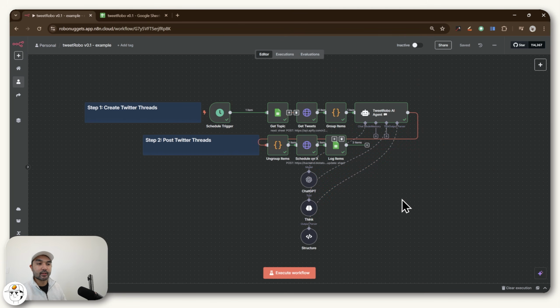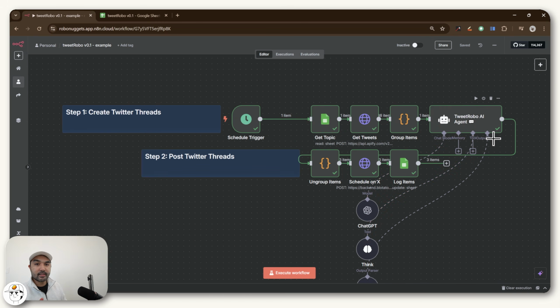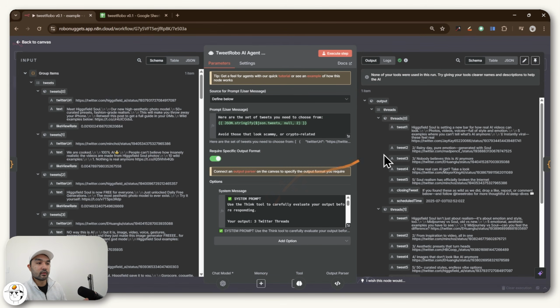Okay, so that run has completed. So what we'll do is we'll just open each one of these so you can understand the principles of how it was set up. And here at step one, basically our end in mind is to have our AI agent come up with a novel Twitter thread that it can pass along to Twitter for scheduling. So very quickly, if we open this up, and don't worry about all this stuff yet,